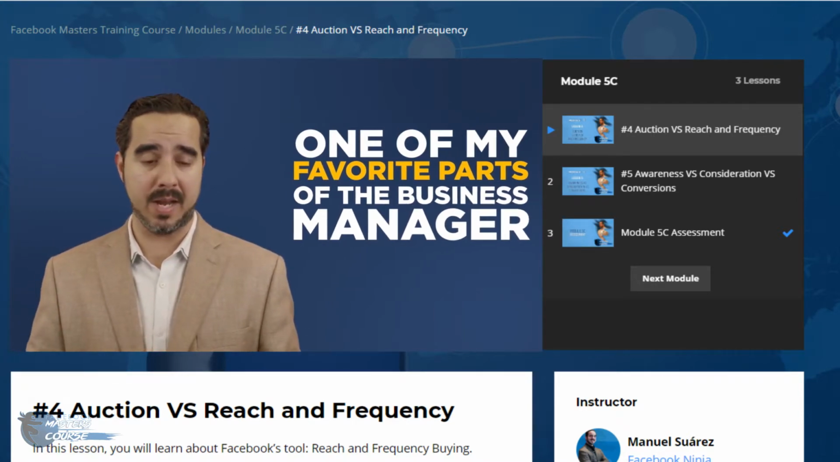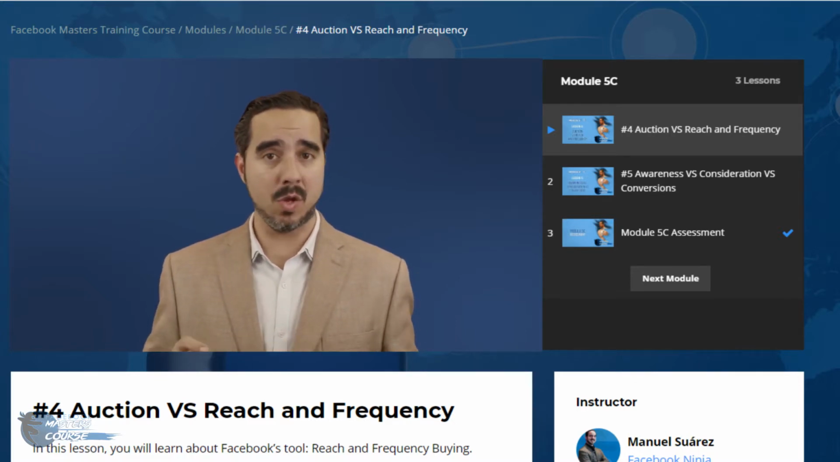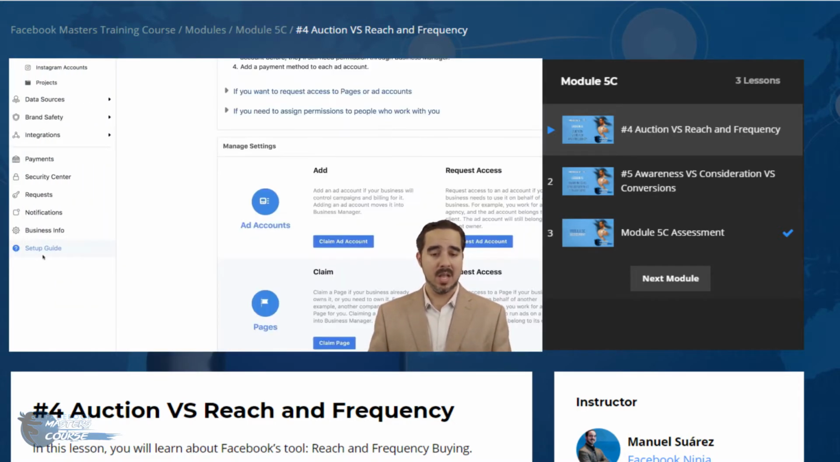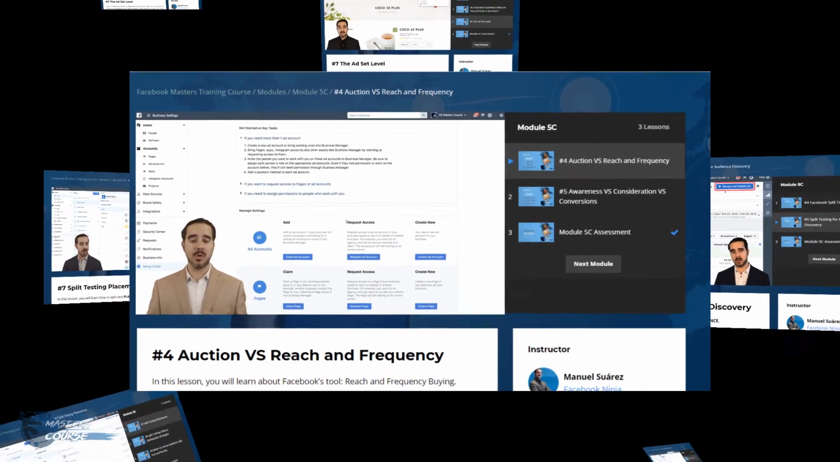Let me show you one of my favorite parts of the business manager to wrap this particular column up, okay? This part right here is so powerful, guys. And this is new. They recently rolled this out in this year. If you go to Setup Guide, Facebook is going to take you by the hand. It's going to tell you, this is what you